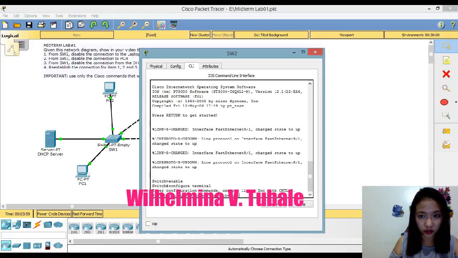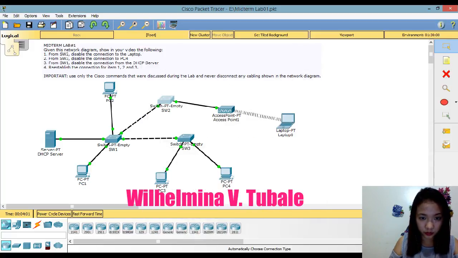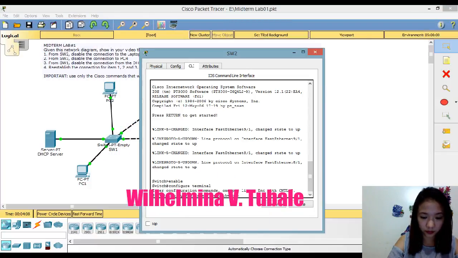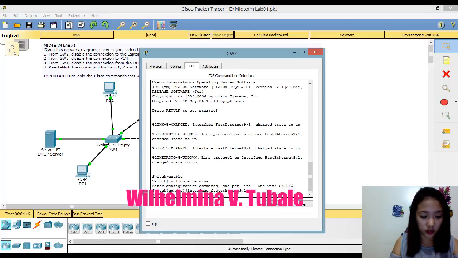And then the port number, which is 9/1. Then after that, type shutdown.